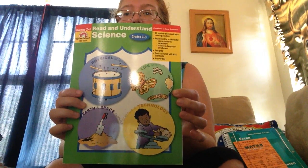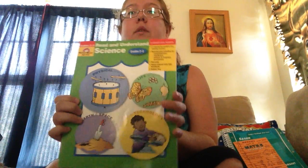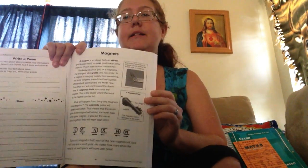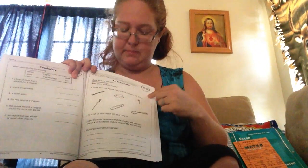So because we did Behold and See 1, I normally supplement with this Read and Understand Science book. I think I picked this up at Lakeshore, the learning store, a couple years ago, but I really do enjoy this book. It has different subjects that we'll learn about. Like here's magnets, and then it has a few worksheets about magnets and what we talked about in the small section. Experiments,